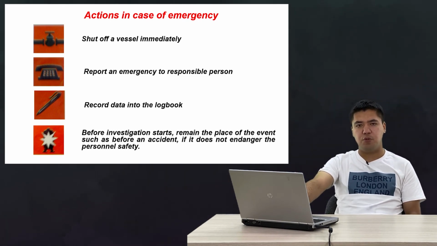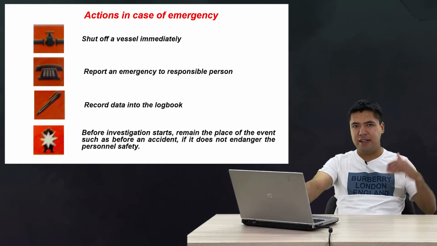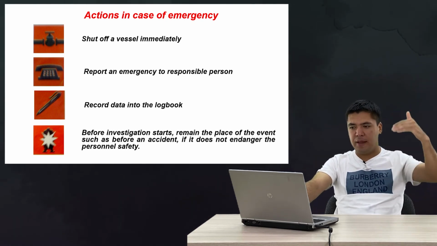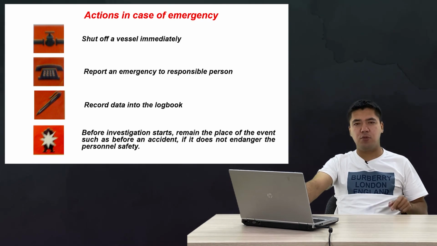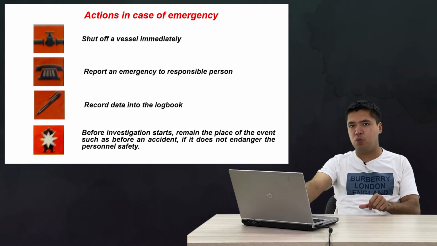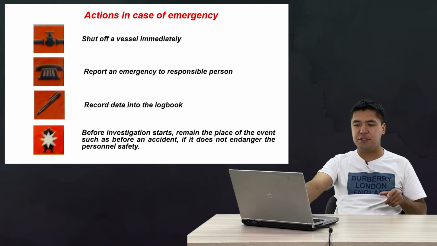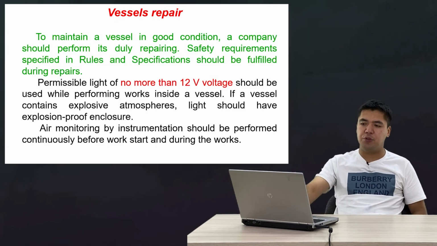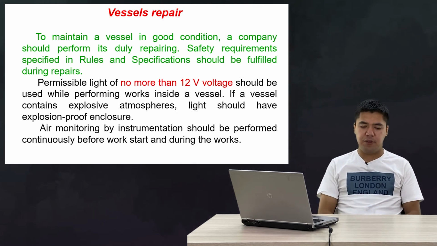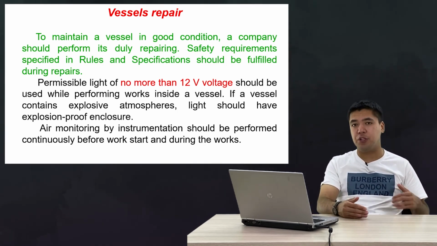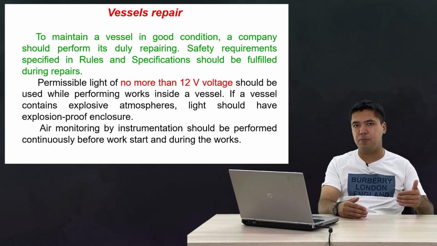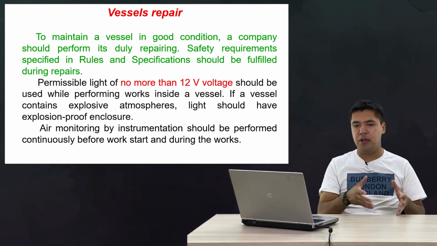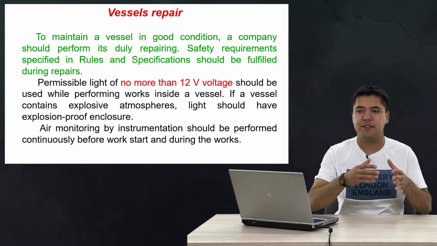Shut off the valve, report about the situation to your direct manager, then record data about the failure or malfunction in the logbook of the pressure vessel. Then, before the investigation starts, keep the place of the event as it was before the accident, and try to help the investigation parties if that situation happened in your company. And after the investigation, if the pressure vessel is okay to continue, of course we need to repair the pressure vessel. And repairing activities or safety requirements are similar to